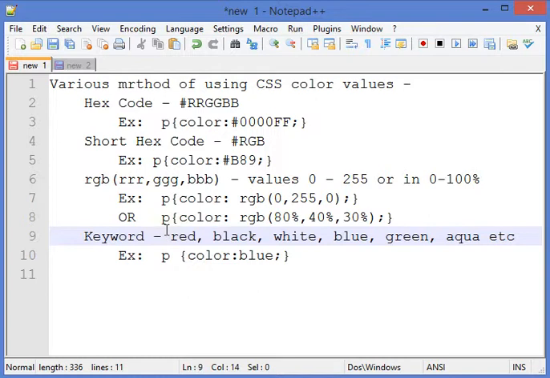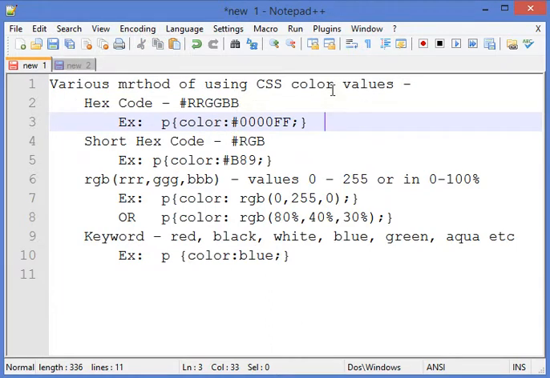Today we'll see the CSS color values. That is, basically, what are the various ways or methods to apply CSS color values in our web page.